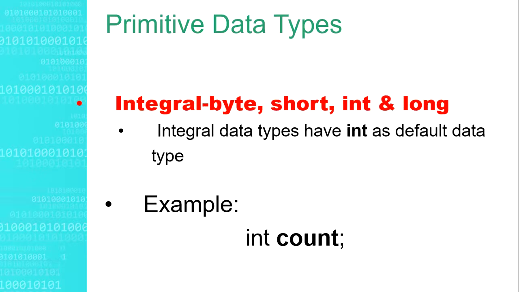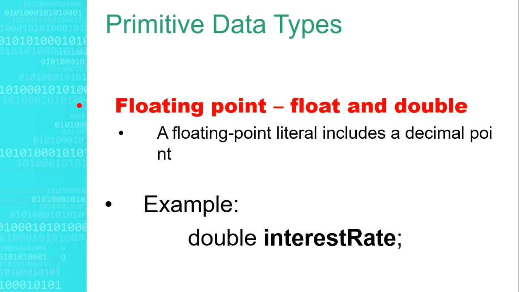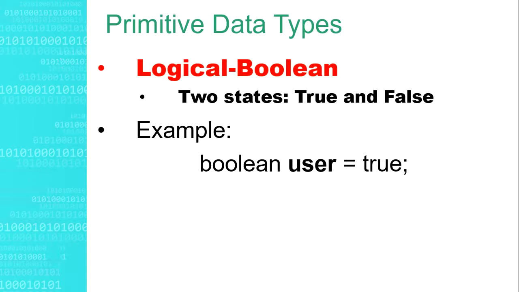Integral: byte, short, int, and long. Integral data types have int as default data type. Usually, these are whole numbers. Example, int count; Floating point are float and double. A floating point literal includes a decimal point. Example, double interestRate; Logical, boolean. There are two states, true and false. Example of syntax, boolean user = true;